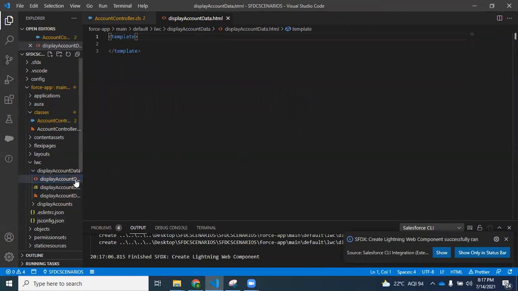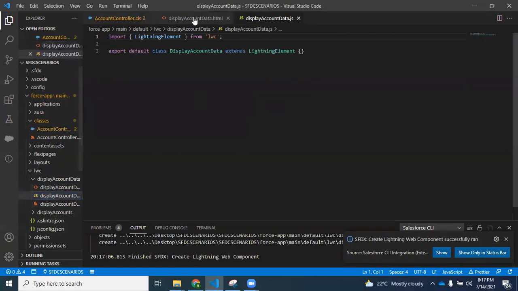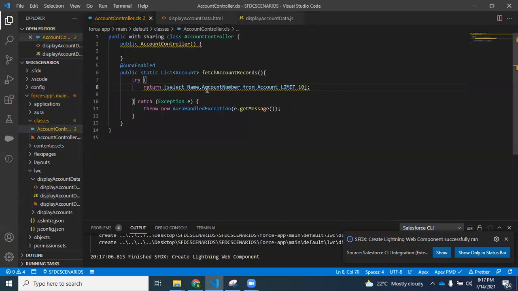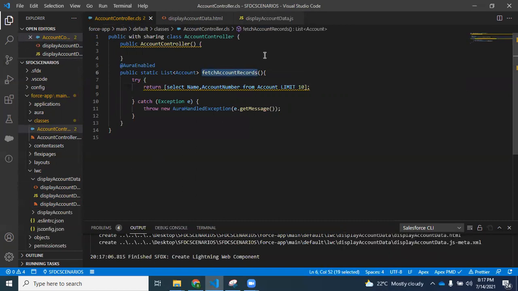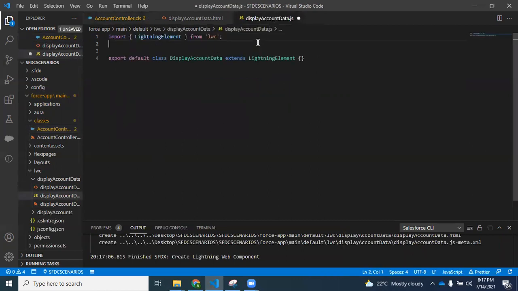This is the HTML and this is the JS. Now I'll import this method. If you want to make use of this method, then you have to import the method in the JS.